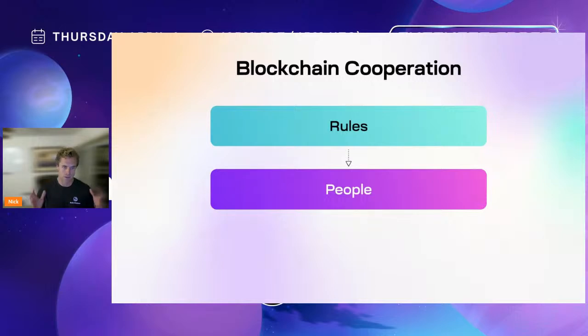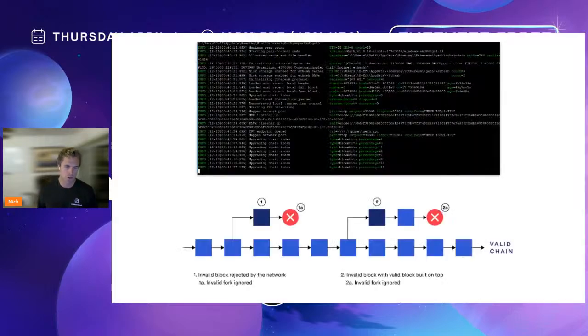And with what Satoshi proposed for the first time, you could have a set of rules, and then those rules could be enforced by everyone on equal footing, essentially. So you don't need to have central authority or power. It's a very equitable approach to cooperation, and that's what blockchains are. And that was really what was so novel about Bitcoin at its core.